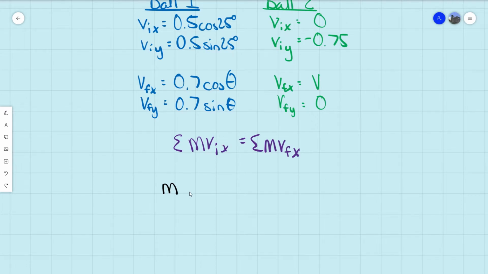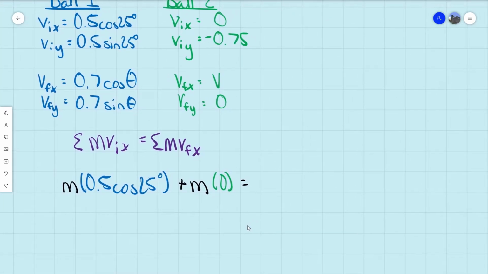An unknown mass times the x direction initial velocity, which is 0.5. I'm going to color code this. Times 0.5 times the cosine of 25 degrees plus another mass, but they are the same mass, so I'm going to use the same letter, times 0. And this equals,